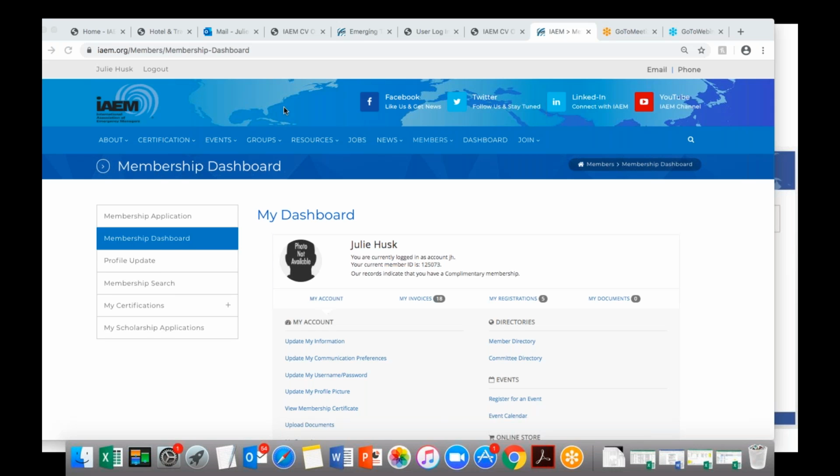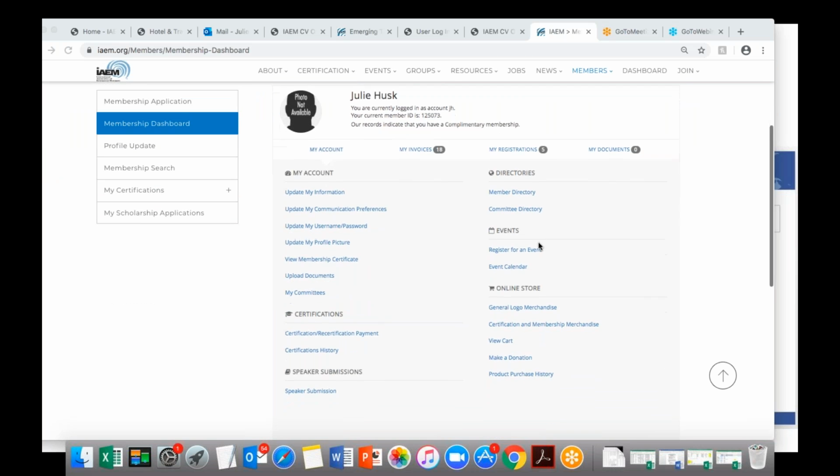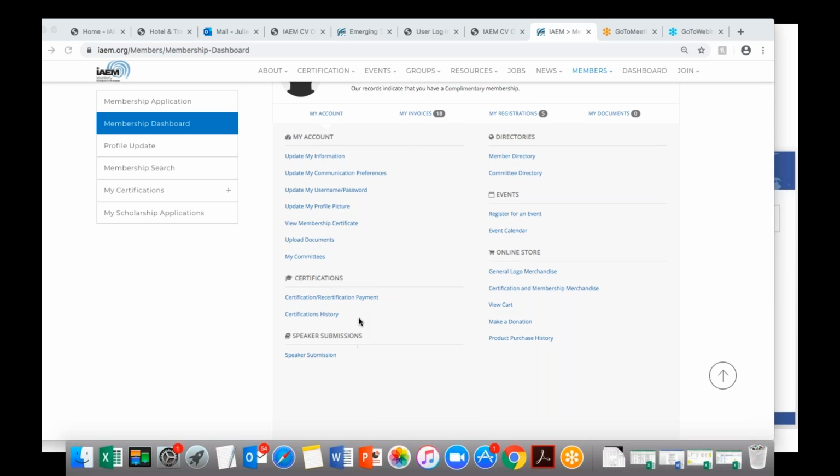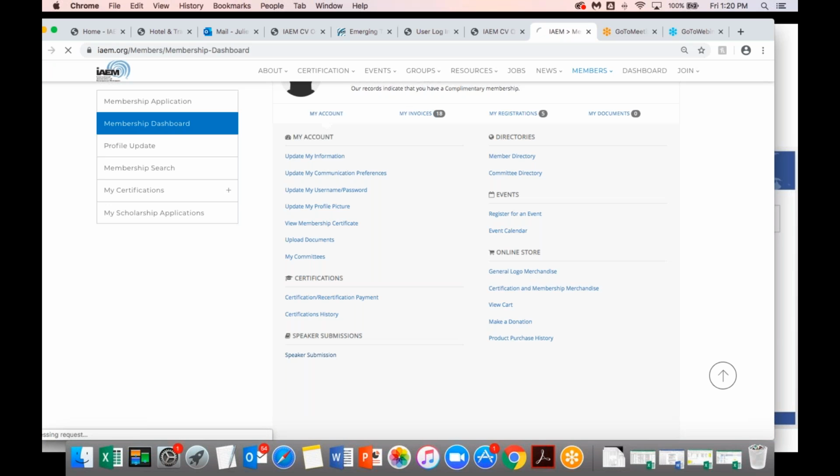So once you get to your login page, you go to dashboard right here where my cursor is. You click on that, and then you go over here to the left where it says membership dashboard, and it pulls up this little piece right here. So now I'm going to take you live. Down the bottom, you scroll down here, you got speaker submissions. You click on speaker submission.